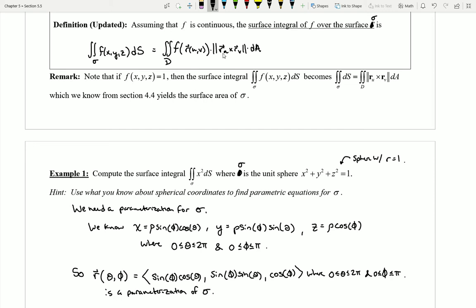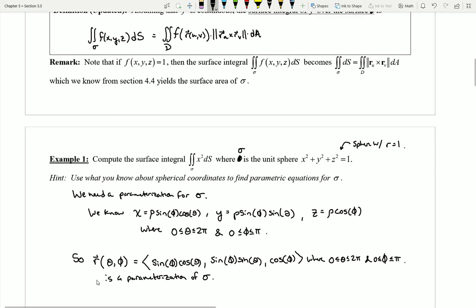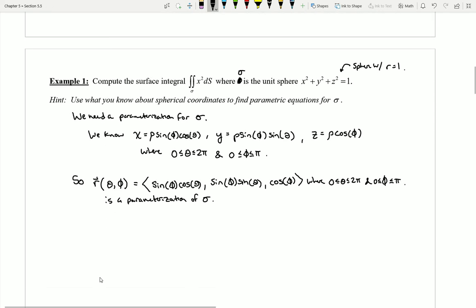The other thing I'm going to need, though, is to find the magnitude of the cross product of the partial with respect to u and the partial with respect to v, or in this case, partial with respect to theta and partial with respect to phi. So let's go ahead and see if I can do that. All right, so down here I'm going to set up my r theta